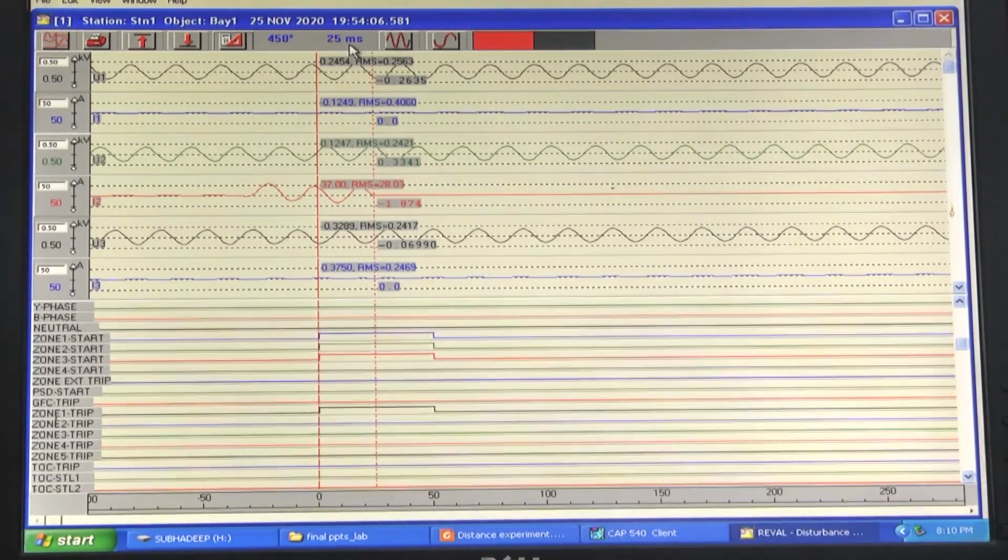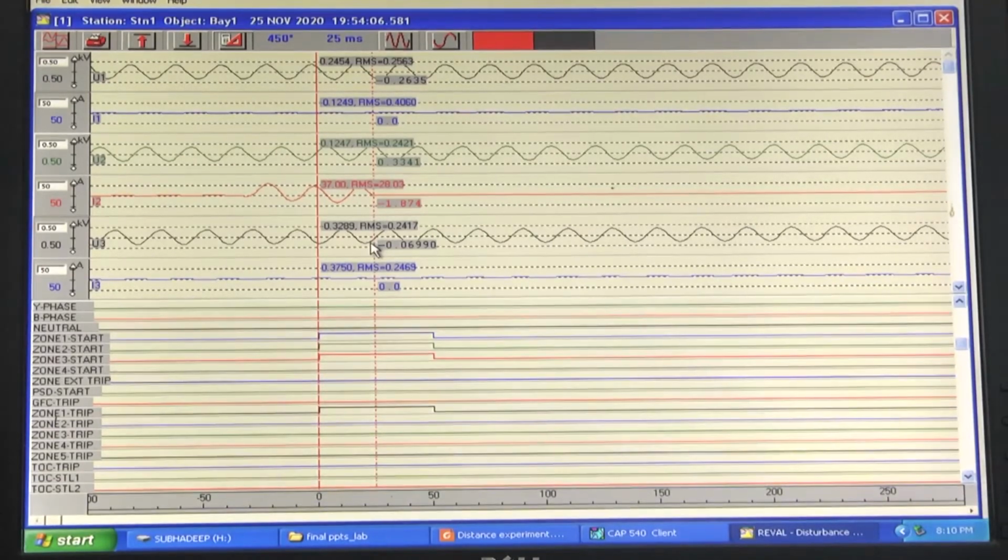Overall, we see that the fault is being cleared. We see here all three currents become 0, supplied to the particular load side. So, the experiment clearly shows that zone 1 operates successfully, and it operates the breaker in 1.5 cycle, 30 millisecond, and the breaker opens in 25 millisecond for this case.